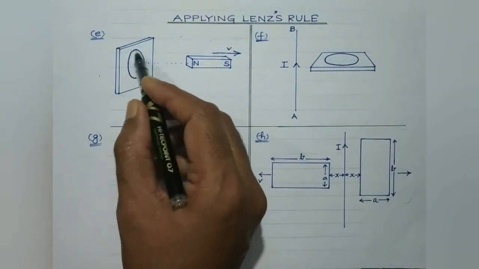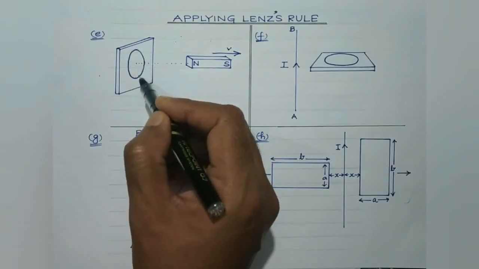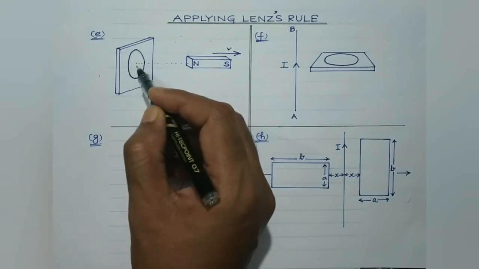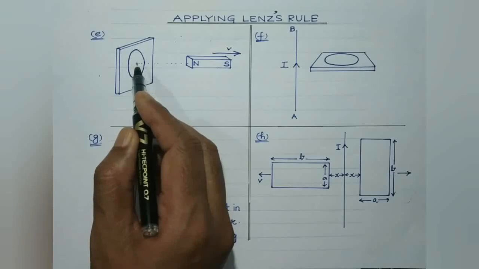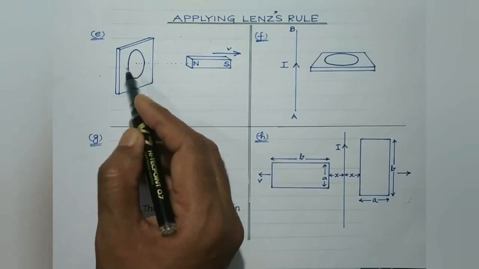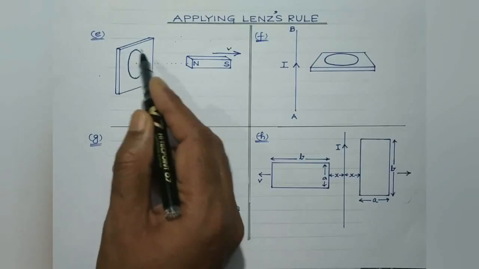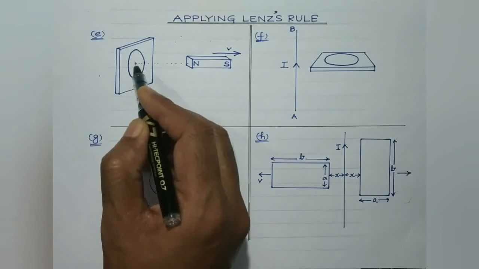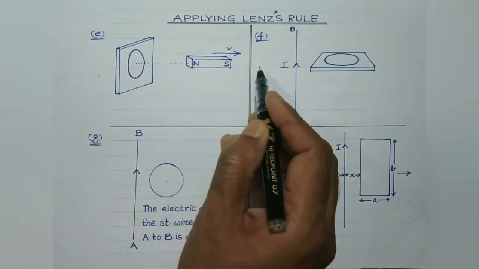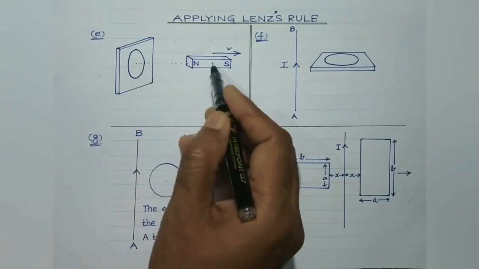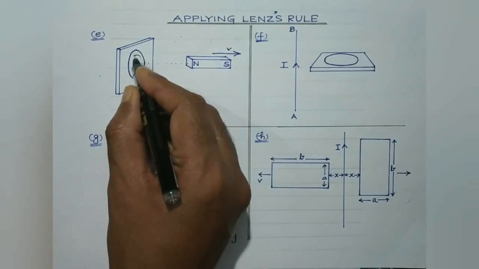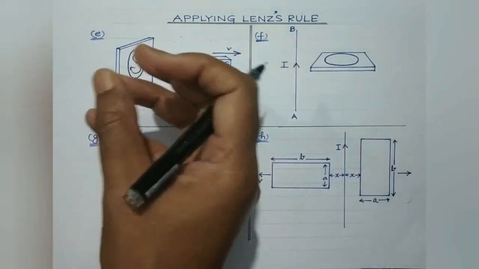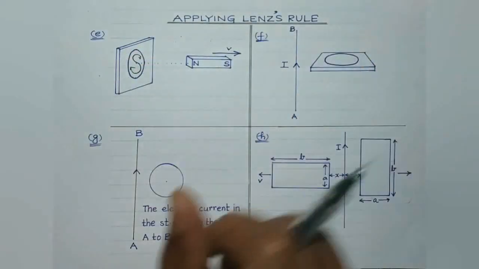So as a result, due to the decrease in the magnetic flux linked with this coil, an induced current will get produced, the direction of which as per Lenz's law is such that it will oppose the change or the cause that produces it. Here the magnetic flux is decreasing due to the receding magnet. So the direction of the induced current in the coil will be such that it opposes the receding magnet. It can oppose the receding magnet only when this face of the coil acquires south polarity, so that it can attract the magnet towards itself. It will resist the magnet from going away from it, isn't it?